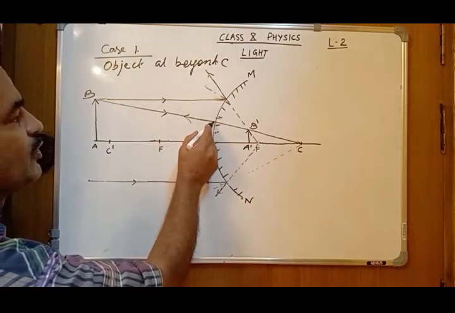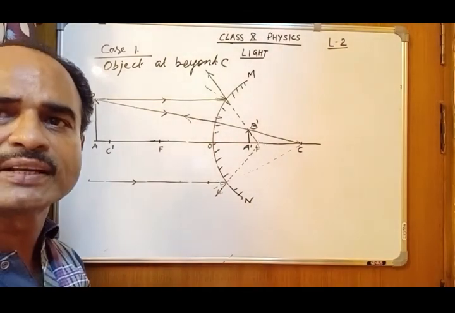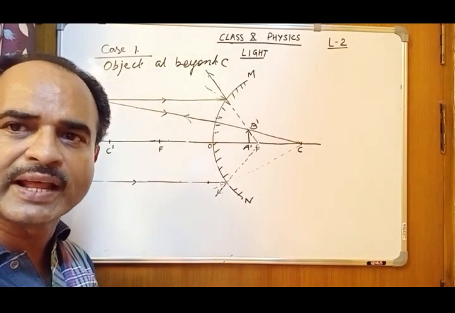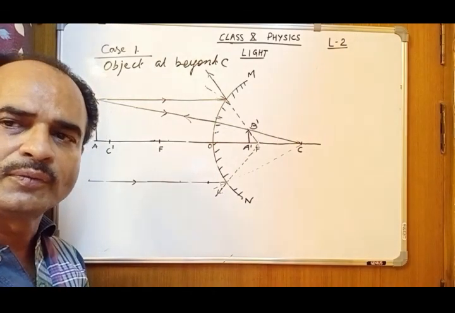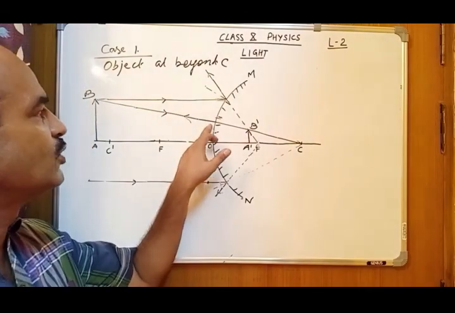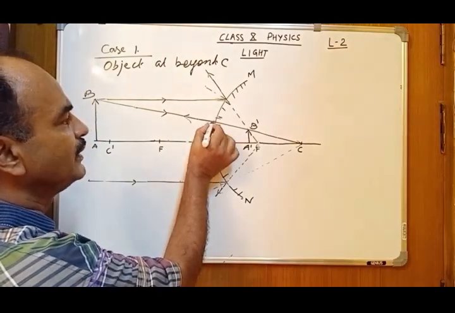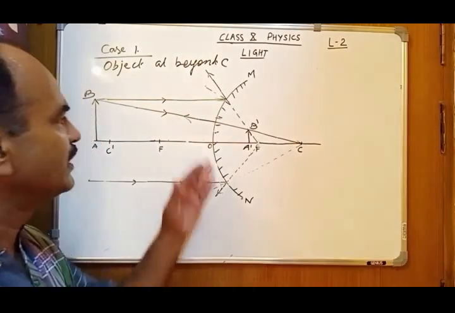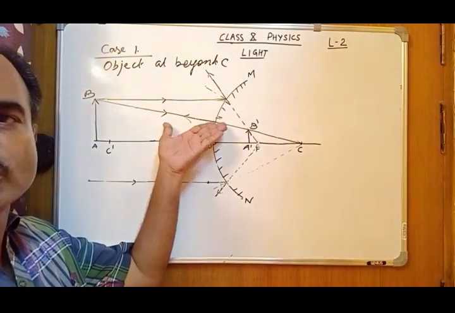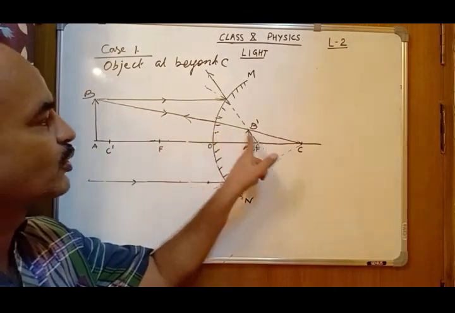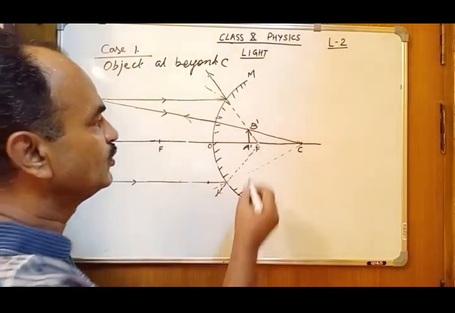It will go in the same direction because it is serving as a normal to the surface. So after reflection there will be no change in the direction. It will return with 0 degree with the normal only. There is an angle 0 degree because the normal, incident ray and reflected ray all are in the same direction. I is equal to 0, I and R both are 0, so it will go in the same direction when extrapolated to meet.